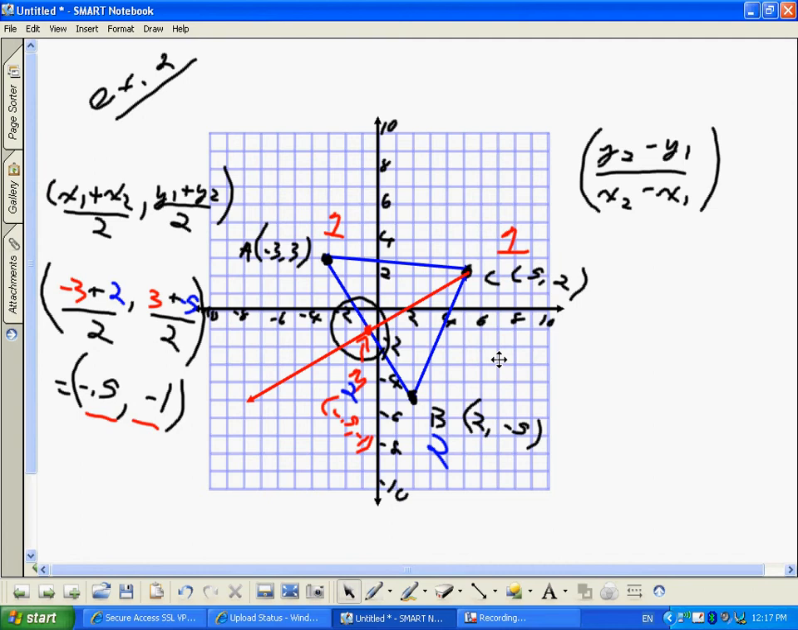So y2 is -1, and x2 is -0.5. Plug it into our equation here. That's our y2, subtract. Trying to find our slope. Our x1 is 5, and our x2